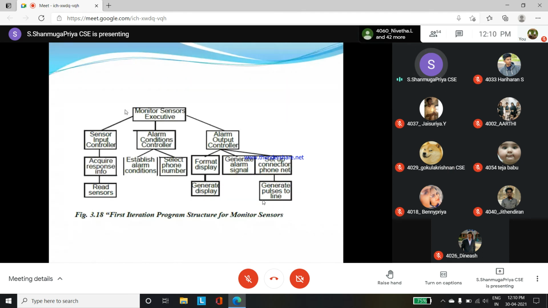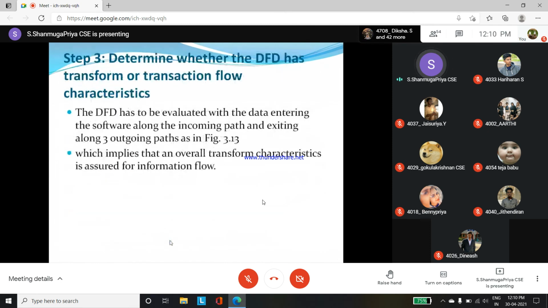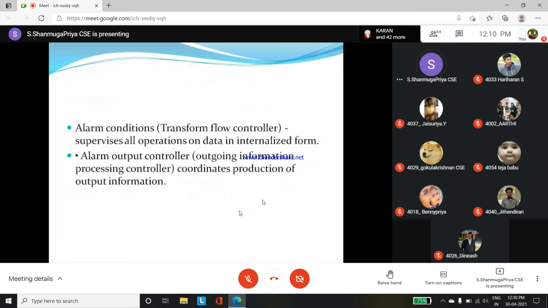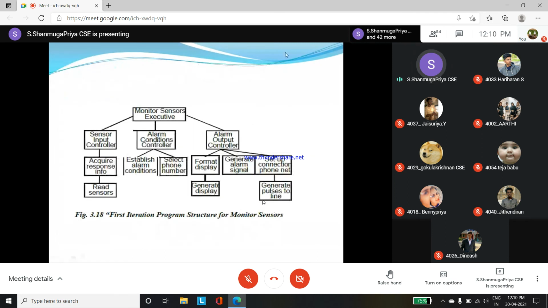Okay, see, after that we are identifying this is our monitor sensor. So monitor sensor has this much activity. Where is that monitor sensor? See, in our main diagram we have this monitor. This sensor ku mattum, we have taken only this example, that is sensor mattum nama paathukom. We are not using all the terms now, just this monitor sensor, what action it has to do. So after that we confirmed that this is the finalized thing for monitoring sensor. It has to do this much of activities.